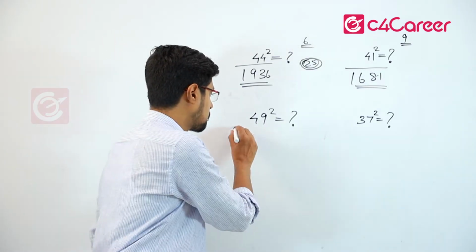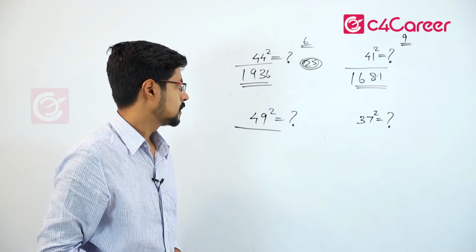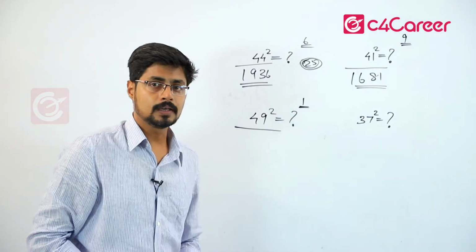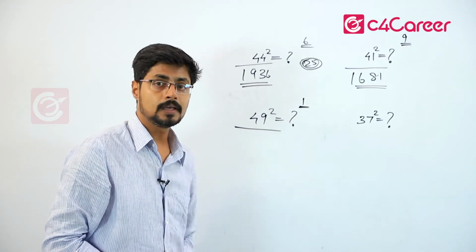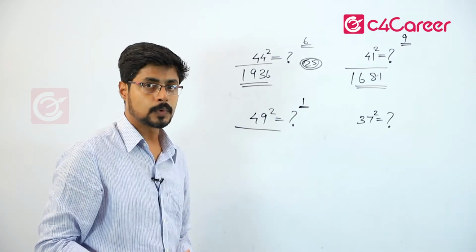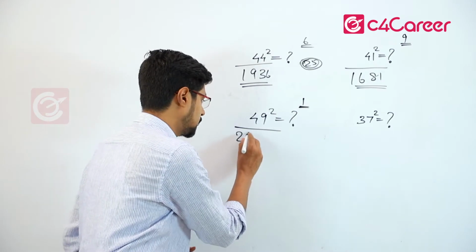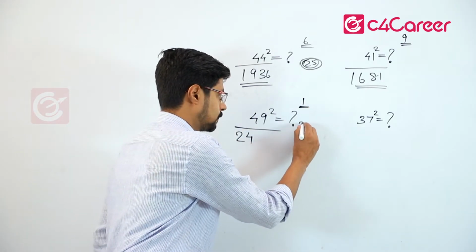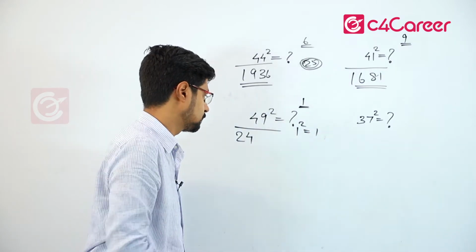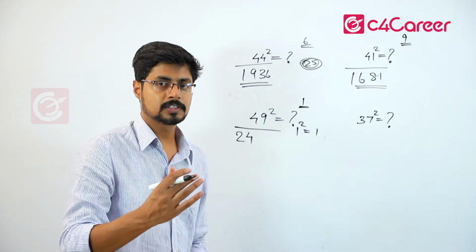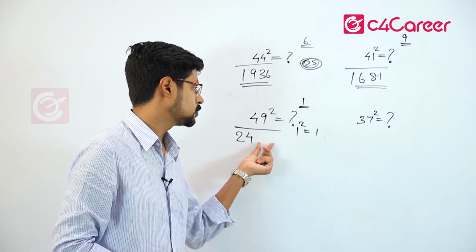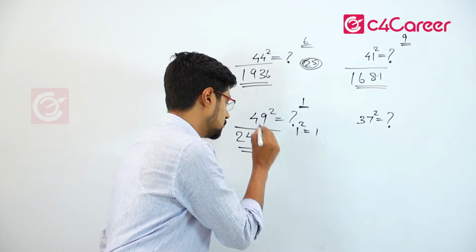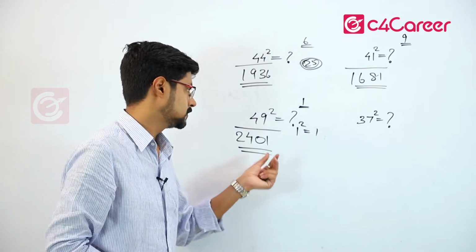Let's look at here. What is going to be the difference here now? Definitely it is going to be 1. 50 minus 49 is going to be 1. So the first part is 25 minus 1, that is 24. Second part is 1 square, which is equal to 1. But if you have seen the previous parts, you already know the second part has to be 2 digits. We cannot write 1. We have to write it as 01. The second part is 01.